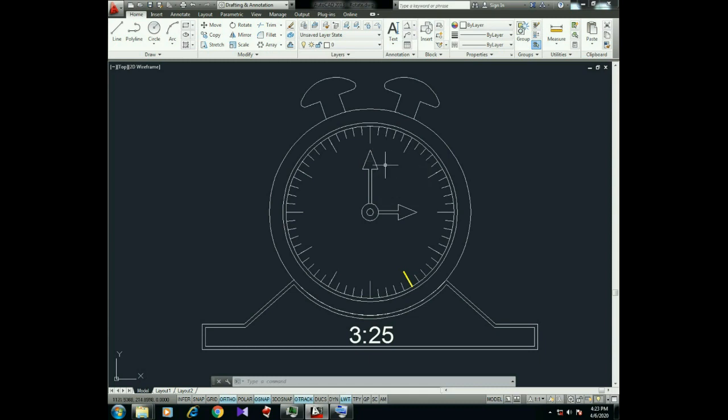I have to rotate the indicator to the marked position. I am going to use shortcut key to activate rotate command. Shortcut key for rotate command is RO and give enter. Now select the required indicator. The bigger indicator should be selected. I have selected the indicator using window crossing method, then give enter.